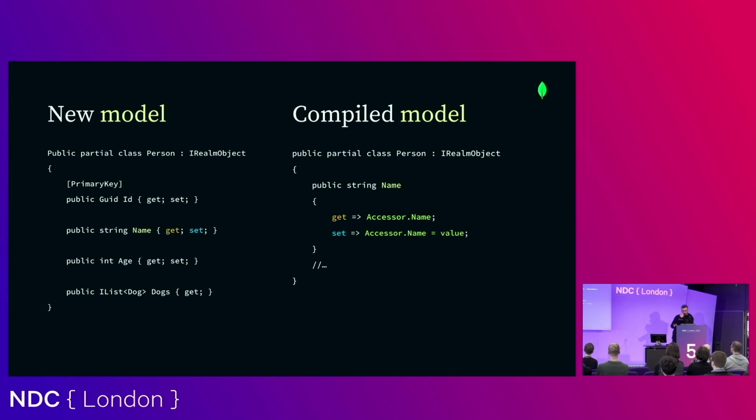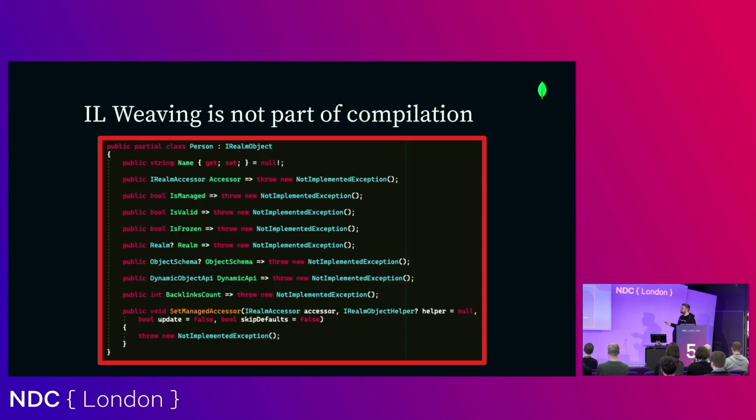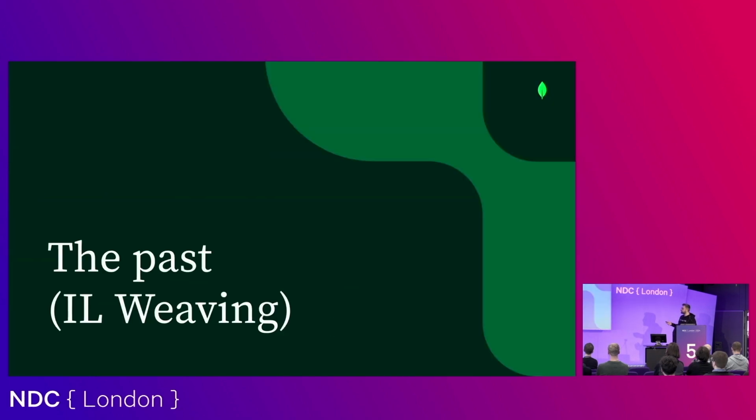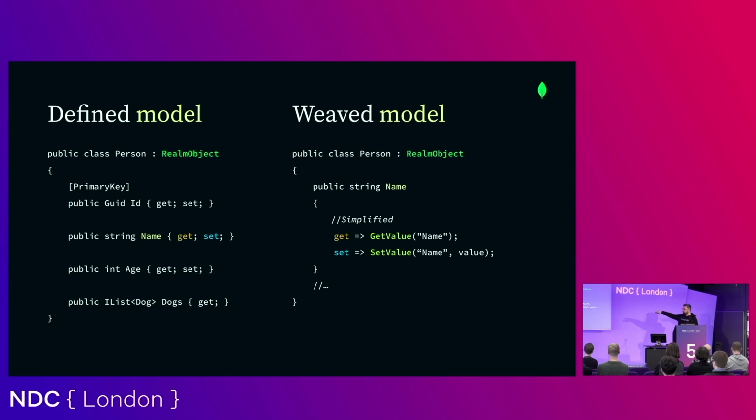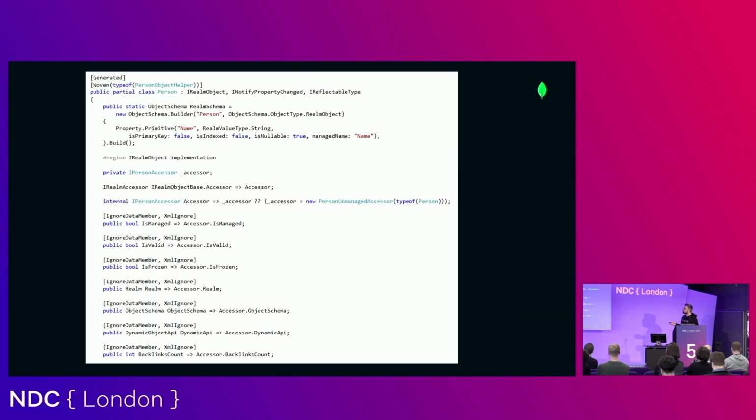I'm not going to go too much into details, but the accessor is something that we are also generating. I know that this one on the right looks very similar to the one that I've shown in the beginning that was being done by weaving. But this is an extremely simplified version of what is happening, just from a very high level. Instead, what we have now with